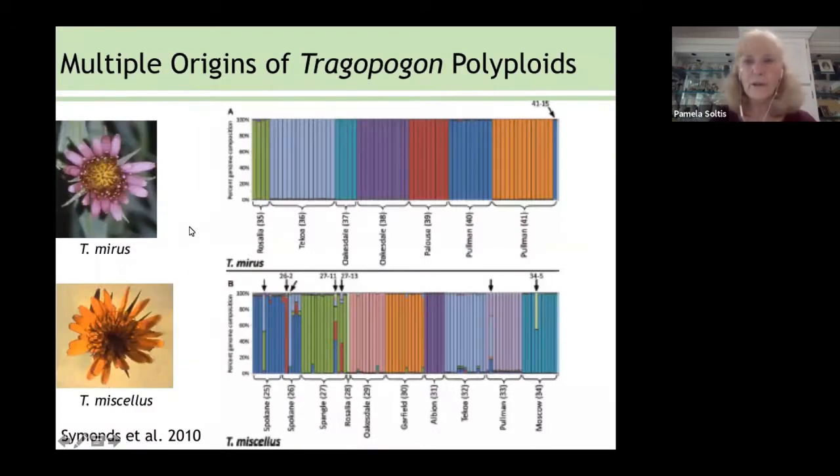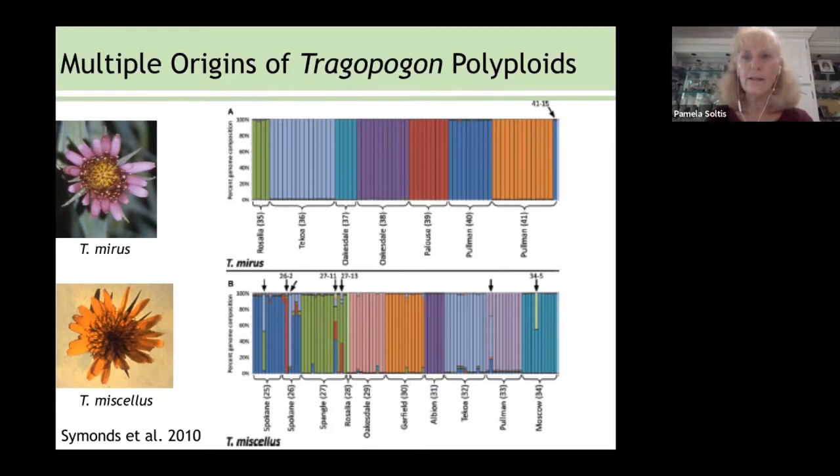Now, in some of our earlier work, we were interested in the concept of multiple origins of these Tragopogon polyploids. And in fact, this concept in Tragopogon goes back to the work of Ownby himself, who identified separate individual populations of the polyploids that differed morphologically and chromosomally. But over the years, various sorts of biochemical and molecular techniques have been applied to investigate the possibility of multiple origins of these polyploids. And we now recognize that just about every population of each polyploid species probably originated independently